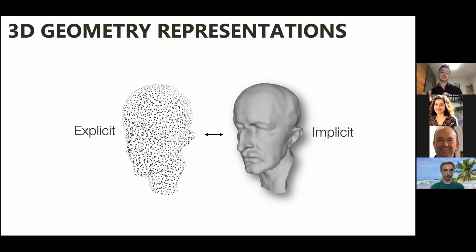Or you can implicitly represent your geometry in terms of, for example, an implicit function, or some occupancy function where it's 1 inside, 0 outside. So basically, then you can learn this function. You can represent this function with neural networks and learn the parameters. So now there are just two main ways of using geometry for machine perception in the field, and implicit ones are actually gaining popularity over the years.